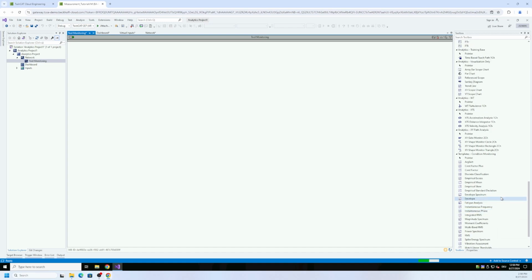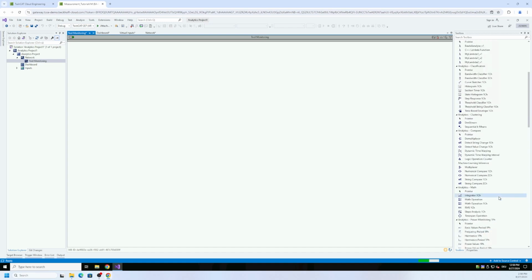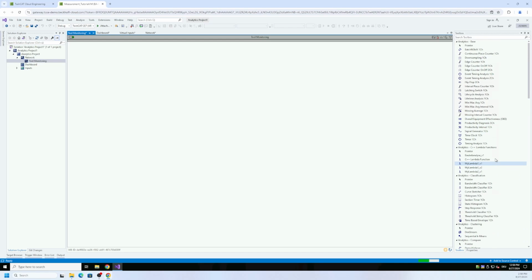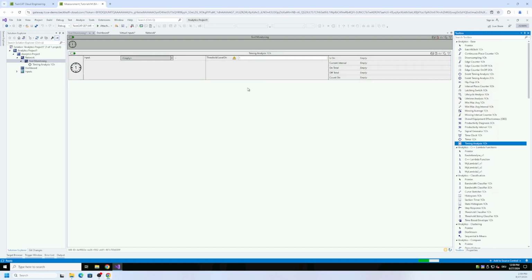But in this video tutorial, we like to do just easy things, so that we have a good entry point for all of you. And so I take here my timing analysis as a first function, and here I'd like to describe the general setup of these blocks. On the left hand side we have our inputs, in the middle we have our parameters, and on the right hand side we have the different outputs specific to the algorithm we have chosen here. Of course, this should not be all.